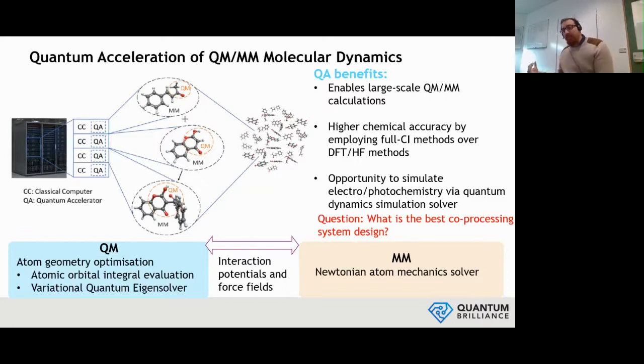And then the classical part would do basically just Newtonian mechanics. The classical parts are very good at things like Newtonian mechanics, so we are only doing what the classical part is weak at. We do that part quantum and leave the part that the classical accelerators are powerful with. The interaction potential and force field is what needs to be communicated. So this enables us to do larger scale QM/MM with higher accuracy because we are employing something called full configuration interaction. This would give you better results than DFT and Hartree-Fock methods. And this gives you an opportunity to actually simulate